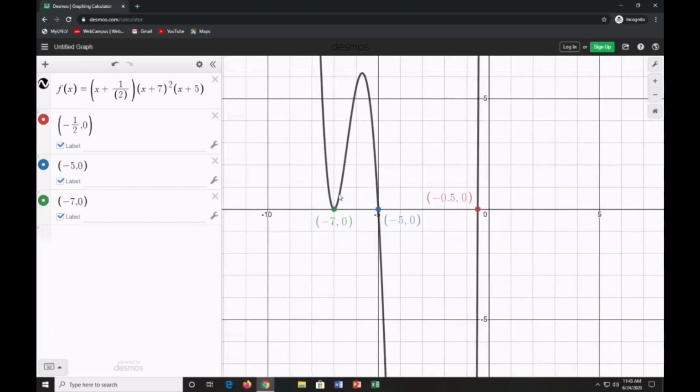So looking at the graph, we are sure that the multiplicity must have been even, aren't we? We're sure. Because look at the graph. It hits the x-axis, reading it from left to right. It comes from the left, hits the x-axis, and then bounces back to the same side. It doesn't cross the x-axis to the other side. Okay? So we are sure that the multiplicity of the zero at x equals -7 must have been even,